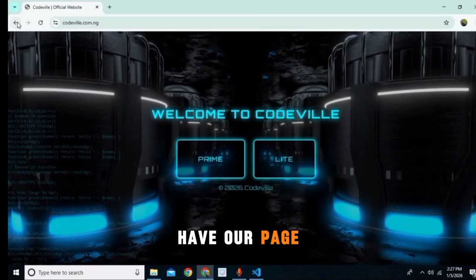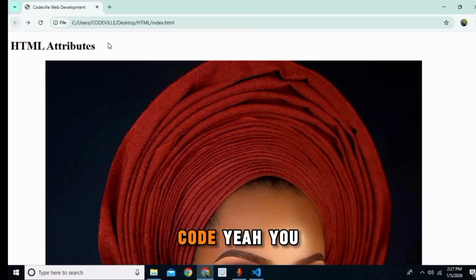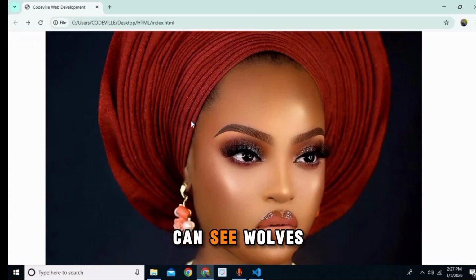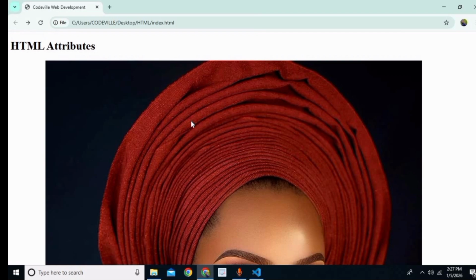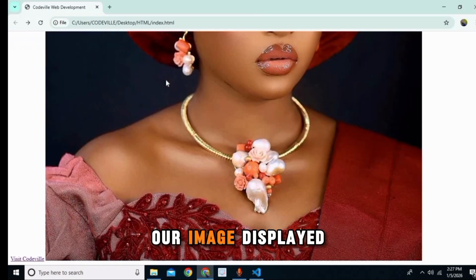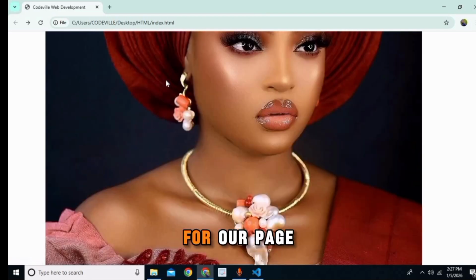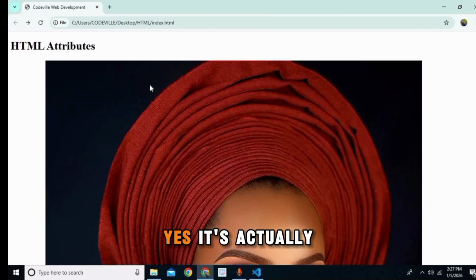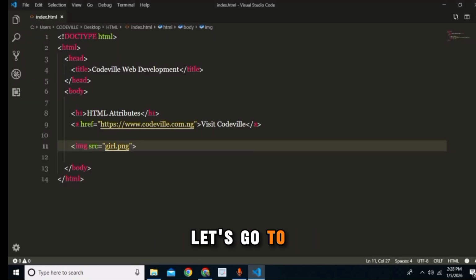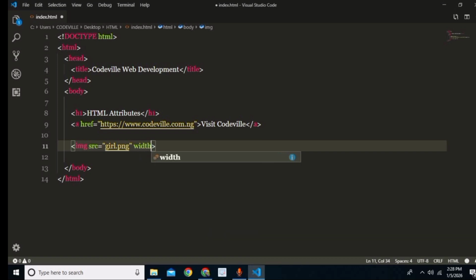So we still have our page code view. Let's go back to our code. Yeah, you can see. Now we have our image displayed, but the image is actually too big for our page. So that is where the width and the height attributes come in. So we're simply going to add a width